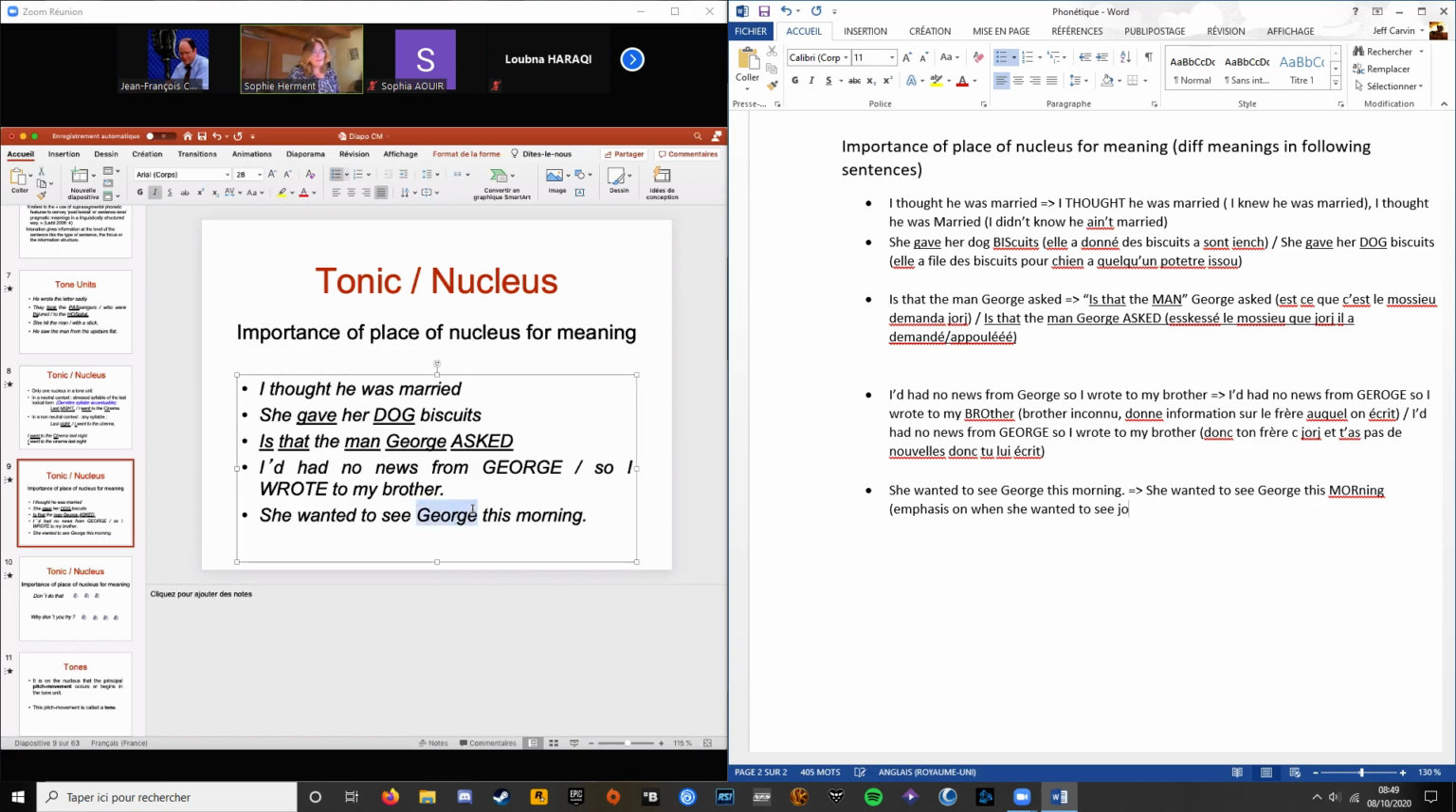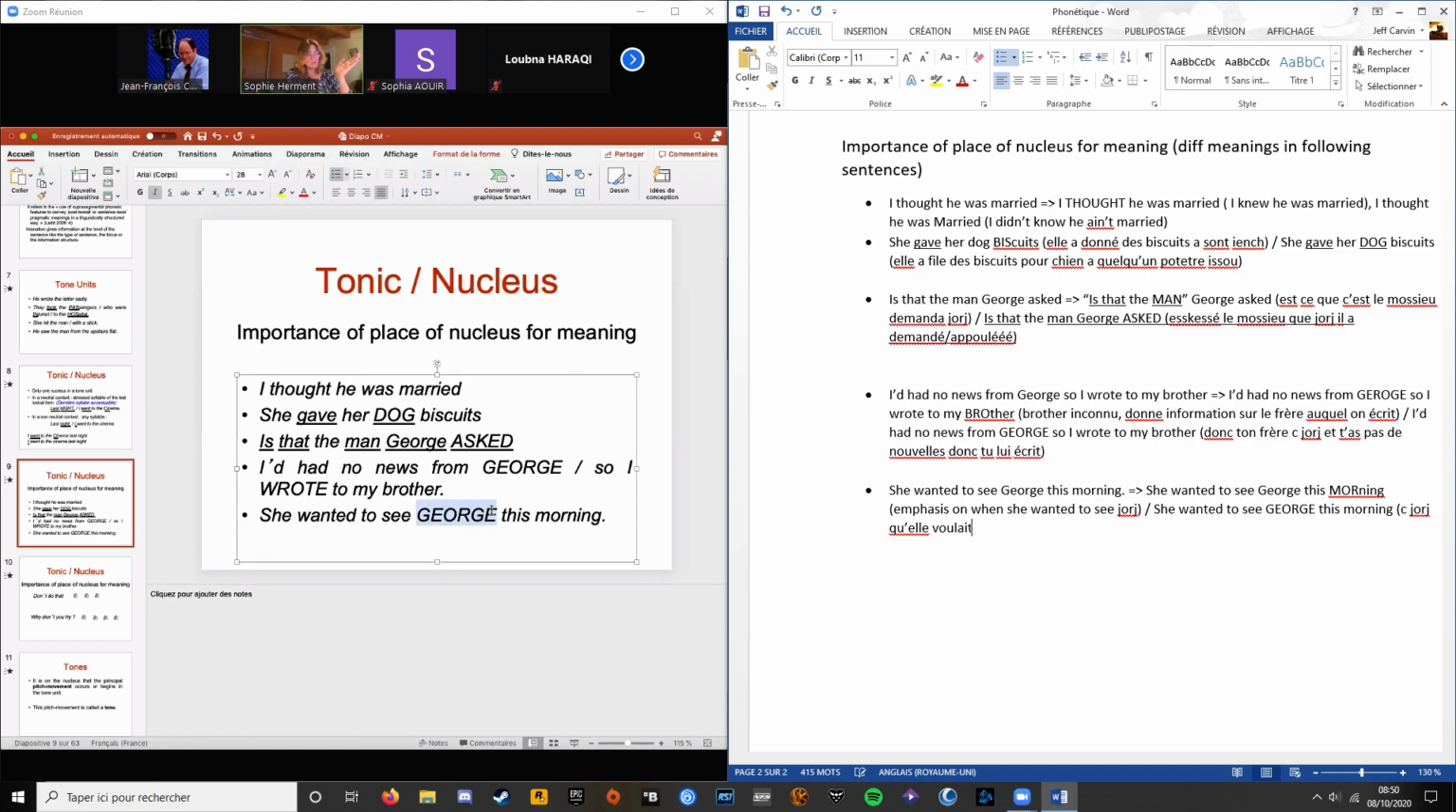And in that case, morning is probably already known as well. And in French, you'd say, c'est Georges qu'elle voulait voir ce matin. She wanted to see George this morning. C'est Georges qu'elle voulait voir ce matin. So this morning is already known. Now, if